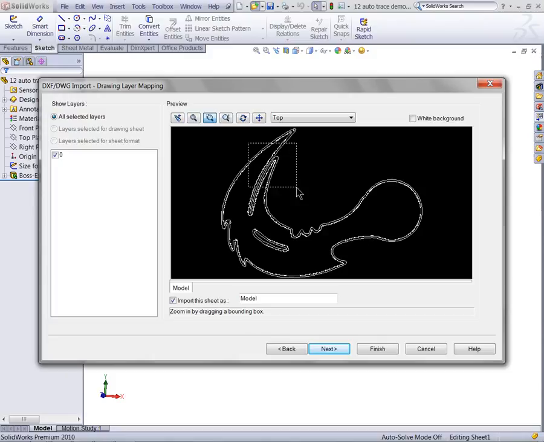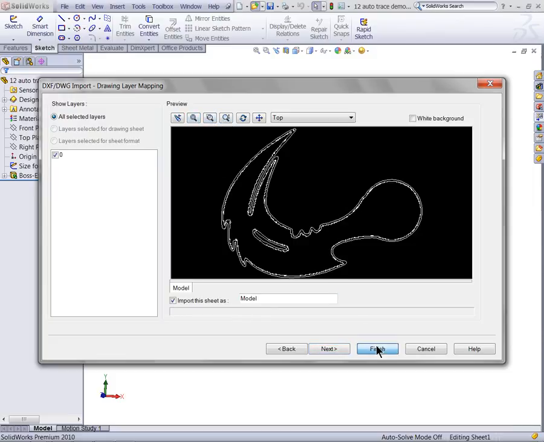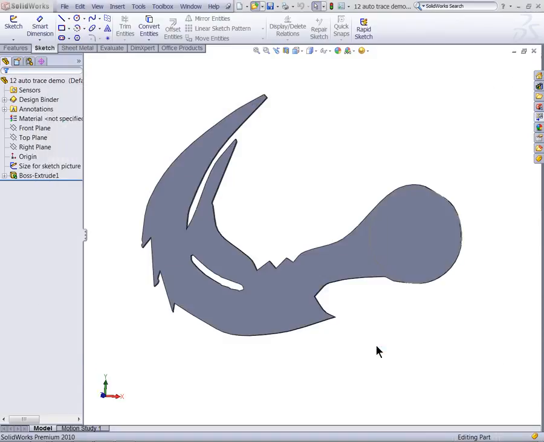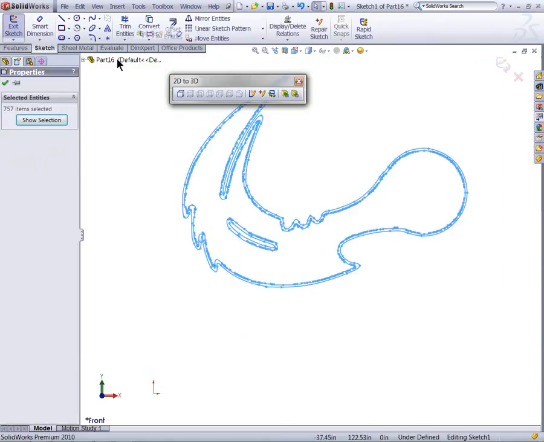and in fact as I zoom in I can see that the outside contour looks pretty good, but the inside is pretty rough. Let's go ahead and open it into a new sketch anyway. And from here, I'm going to go ahead and select all my sketch entities because I need to scale it down. However, as I select them all, you'll note that there are 757 sketch entities here to manipulate and change